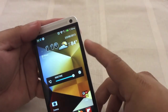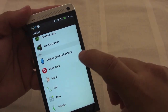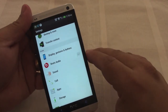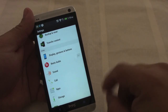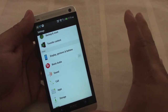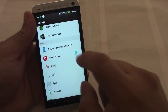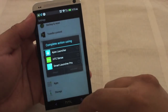And of course, I also play a lot around with the Beats Audio switch. From here you can turn it on and off. Sometimes turning the Beats Audio off will actually make the sound a lot louder, especially when you're listening to podcasts that are just audio, people talking. Turning it off will actually blast the speakers a lot more. It will sound a lot louder, but without the EQ that the Beats Audio technology does. But that's one thing you should consider, turning it on and off. Would have loved to have that switch on the notification. Would have been nice to have that switch there. But other than that,